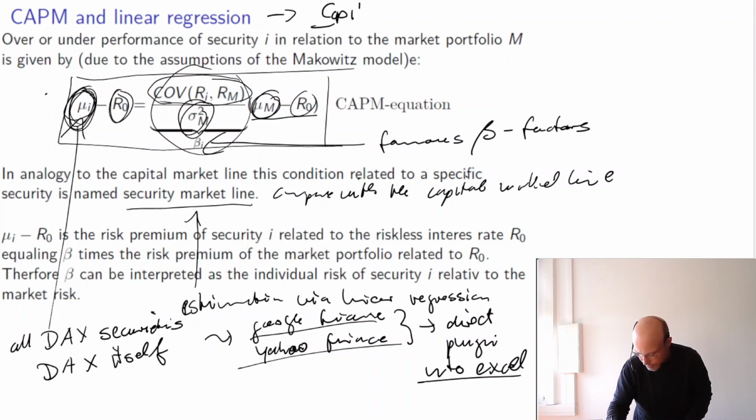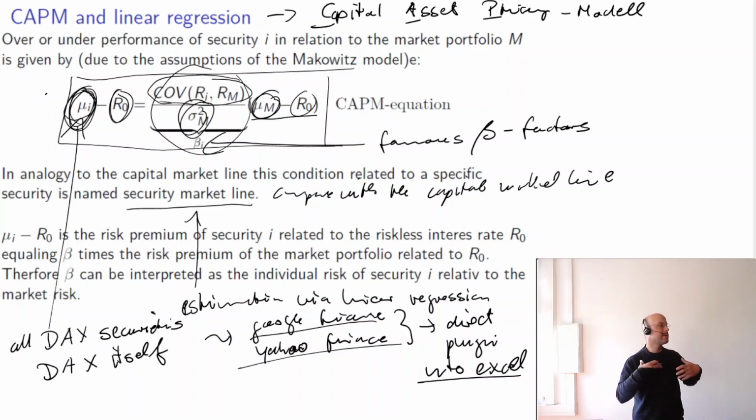This is more or less a general equilibrium model where you model demand and supply of your assets within the financial markets at the stock market exchange. And from this equilibrium model,